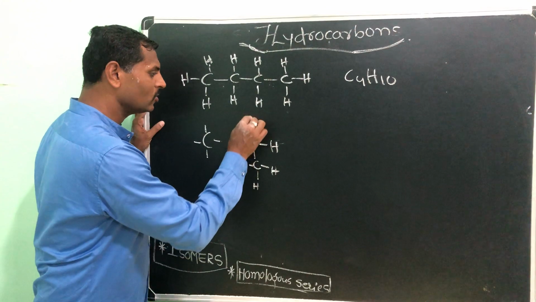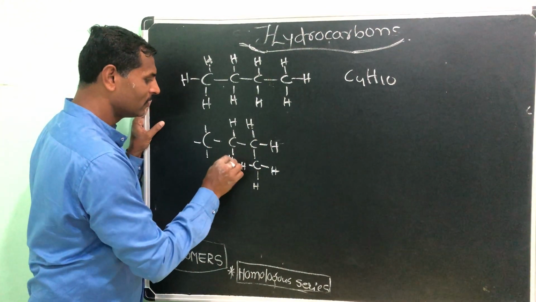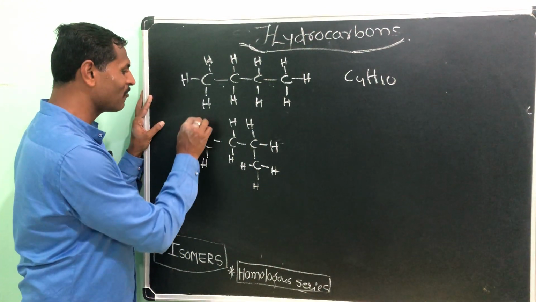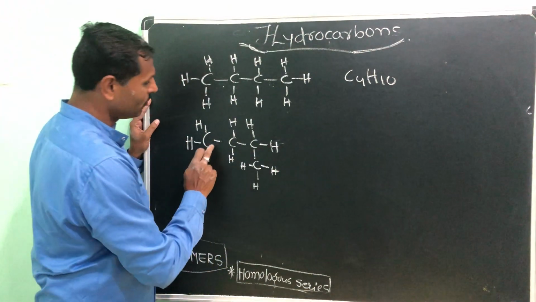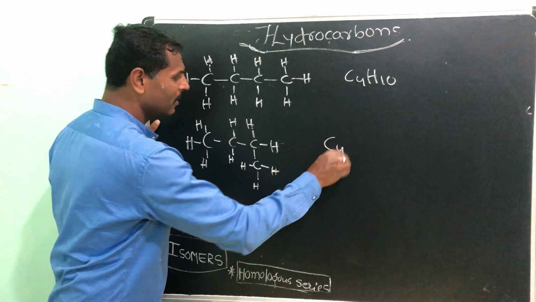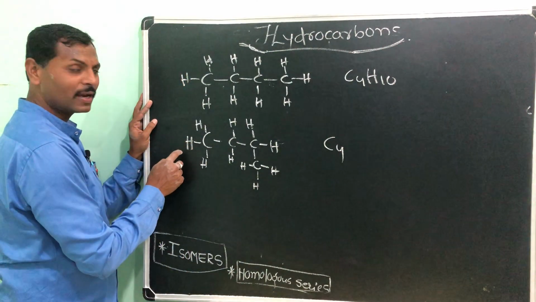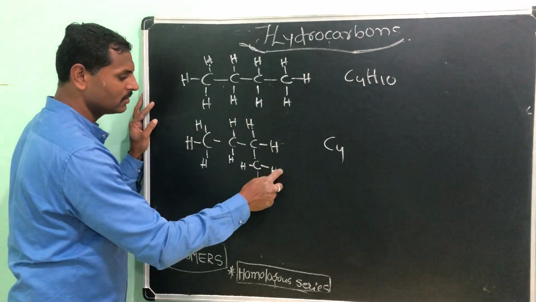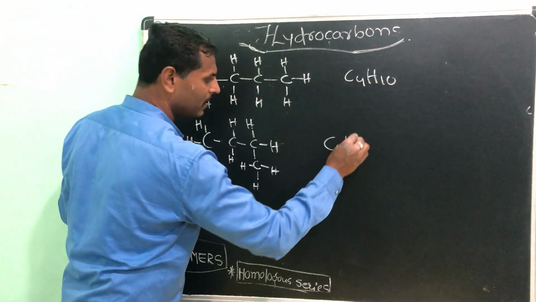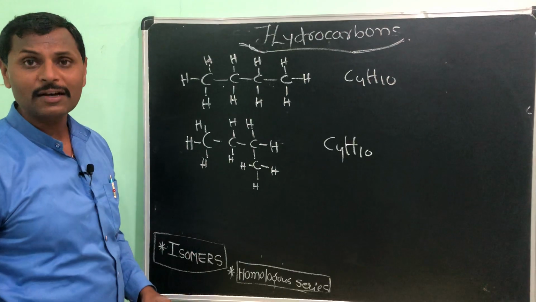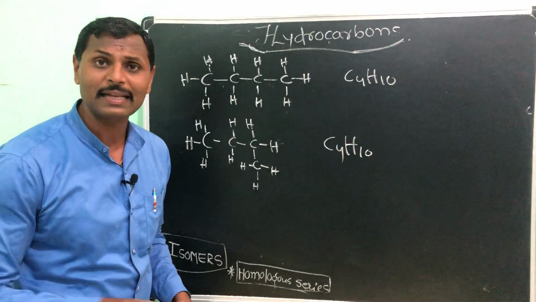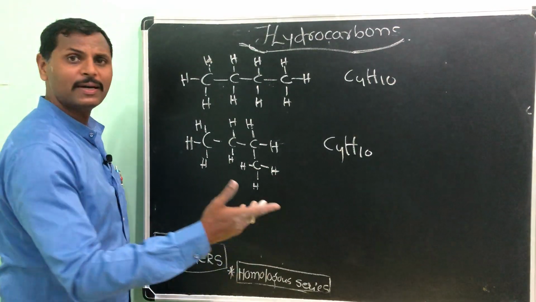So you have to be very strong in mathematics, no? Because you have to count every time 4 numbers. Count the number of hydrogens here also. Of course, 4 carbons are there. Number of hydrogens, from here I will start: 1, 2, 3, 4, 5, 6, 7, 8, 9, 10. Wow, kya baat hai yaar. Same molecular formula, different structural formula. If this phenomenon is there, then we call it isomerism.